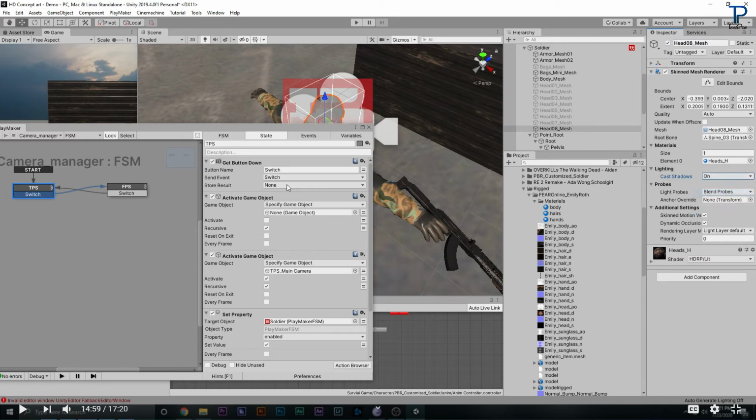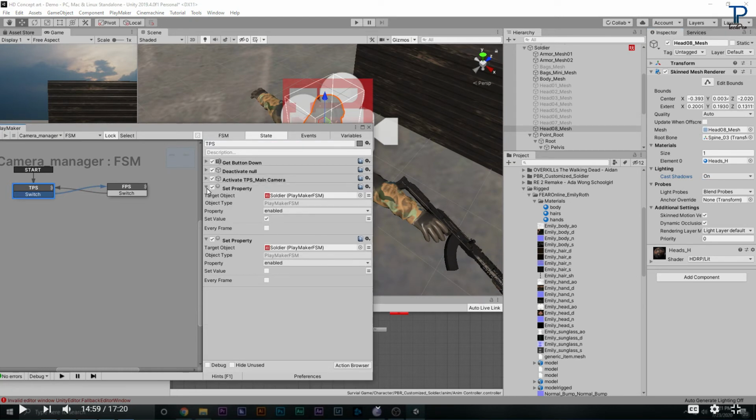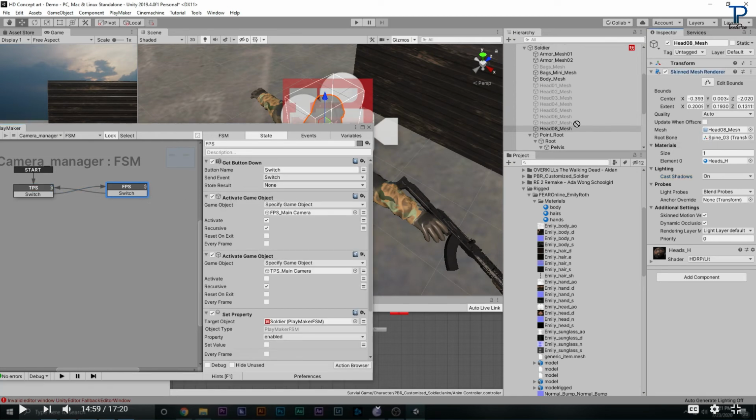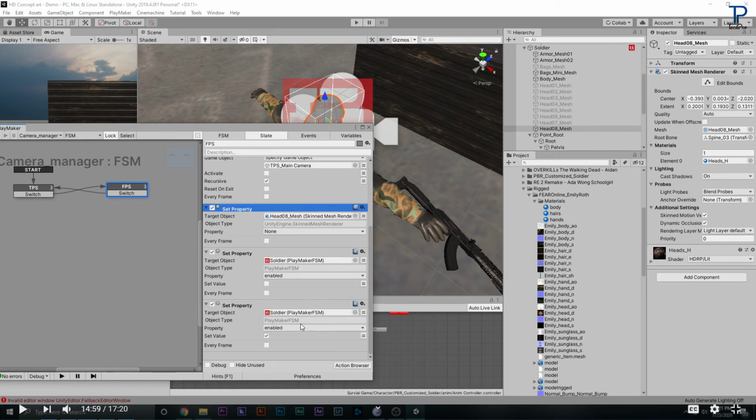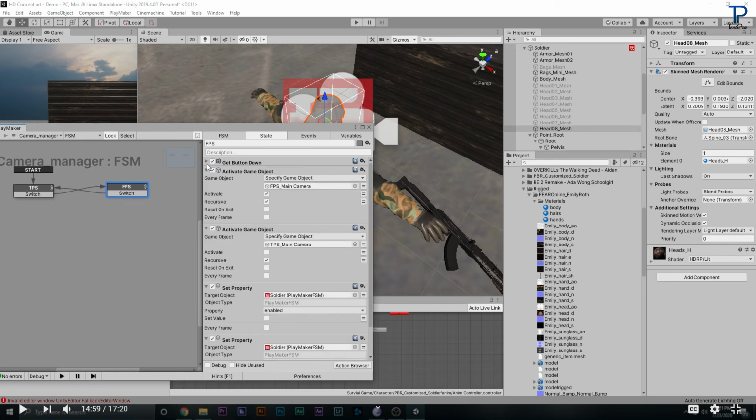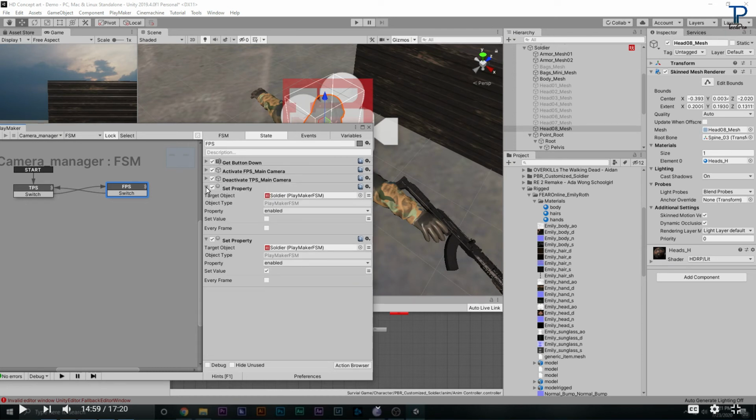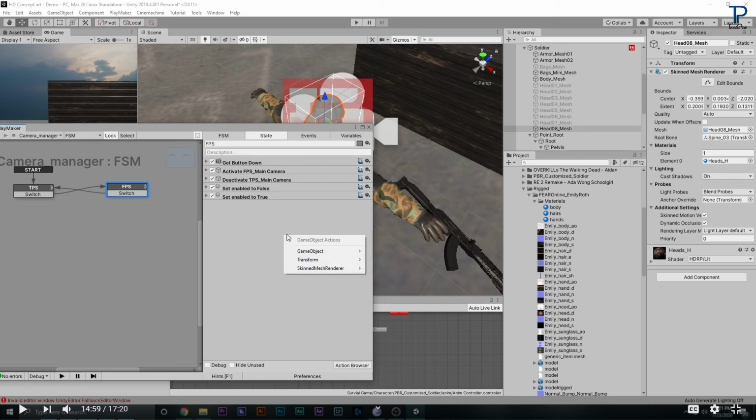We need to control the skinned mesh renderer through Playmaker. When we are in third person mode, our player head is visible, but when we are in first person mode, our player head is not visible. To do this, we drag our player mesh and set its property